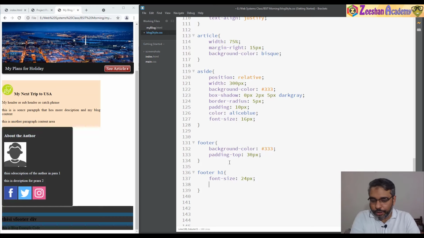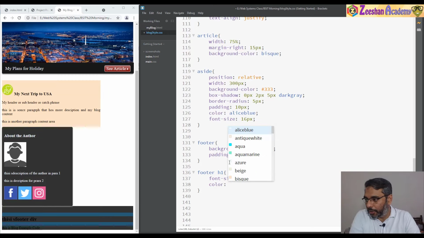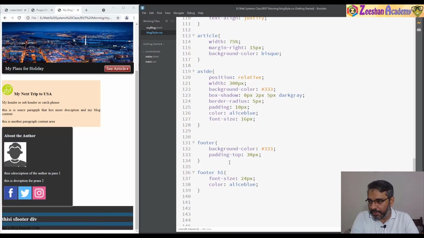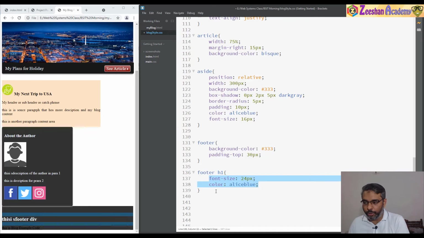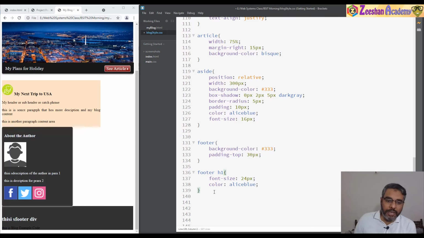So the basic idea is you can control it. You can specify the color to be again Alice blue. I've been using this color throughout. So the same concept: you use the styles that you want, you use the tags that you want to use, and apply those styles on those particular tags. This is how basically we want to work with that. Similarly,